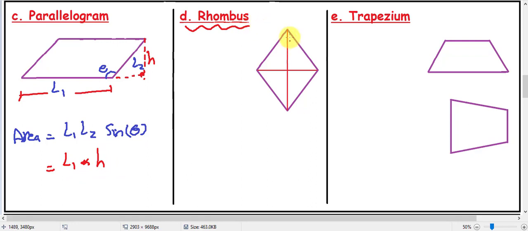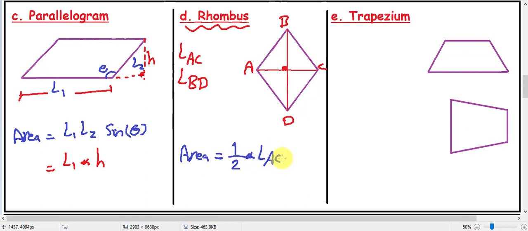If we have here a rhombus, the rhombus characteristic is that the two diagonals are perpendicular to each other. If these points are A, B, C and D, so I have LAC and I have LBD, so the area of this shape equals 0.5 LAC LBD. The trapezium, if we have here the lower base and the upper base,